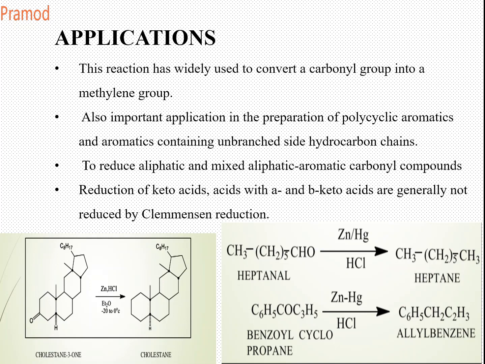Keto acids, or acids with an alpha-beta ketone, are generally not reduced by it. So if it contains a keto acid, usually with an alpha-beta ketone, it generally does not get reduced by Clemmensen. So it is only used for conversion of simple aldehydes and ketones. If you see the example of cholesterol, the carbonyl group in your steroids gets reduced by your zinc amalgam. It is a very mild condition which is used for conversion of your ketones